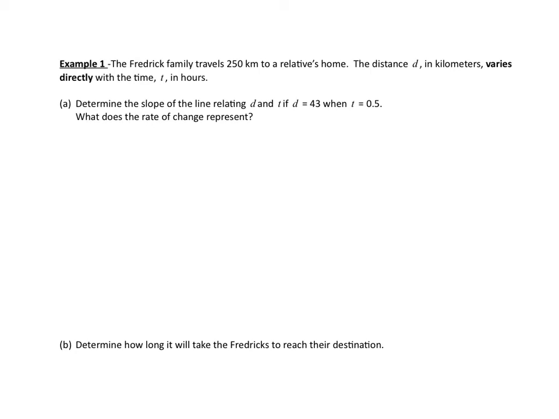So we need to calculate the slope, and once we find it, we just have to interpret or explain what this rate of change value represents. Remember, slope and rate of change are the same thing. We're using the word rate of change here because we are looking at information or data that has units. Distance is measured in kilometers, time is measured in hours. So there's lots of different ways that we can find slope, but remember, because they've told us that this is a direct variation, we know that we can find slope by taking our y value and dividing it by our